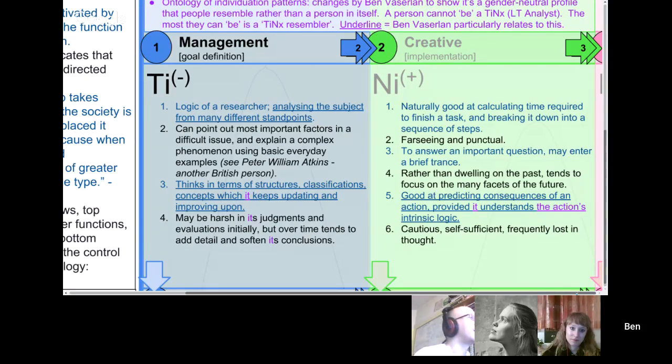So then, what about there, number 4 on the left? Well, I may be harsh in my judgments internally, but I would probably not say it directly. But I think sometimes I learned to ask people if they really want to hear the harsh truth. Because if they are ready and if they are interested, I can be very harsh in my judgments.